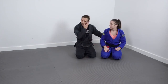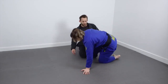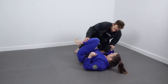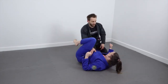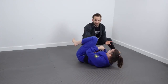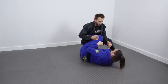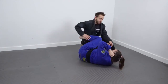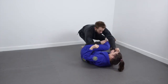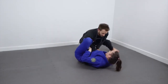For me, if I think about knee sliding and the defenses they're going to encounter, I'm probably going to end up doing one of five things. I think it's five, I might have miscounted. So I'm either going to do our regular knee slide. She might put her shin across, which is going to be our crazy dog. She might step on me, which means I'm probably going to leg drag across. So that's three. She might lasso, in which case...